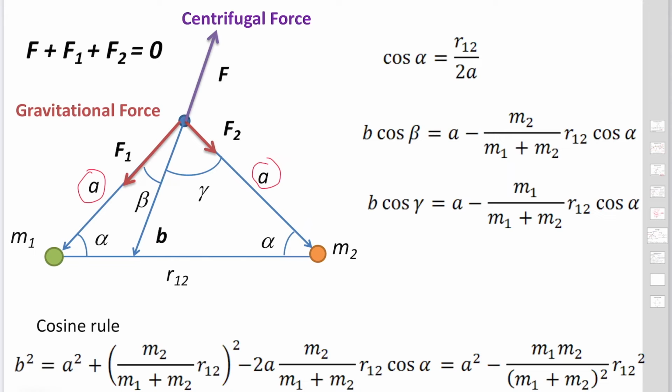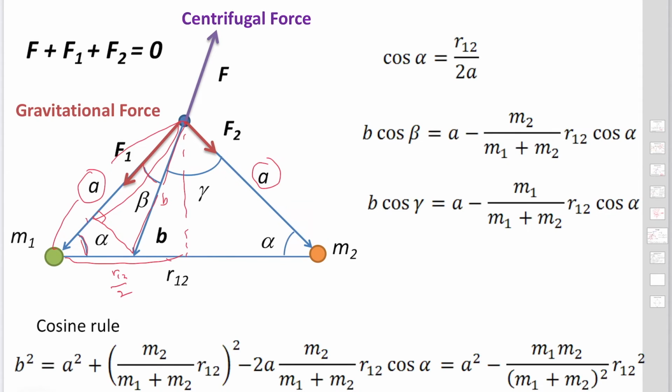If we consider cosine alpha, this is the angle alpha. Then if you consider these triangles, this is a half, so r sub 1 2 over 2. So cosine alpha is r sub 1 2 over 2a. You can easily calculate. Beta is this angle. B cosine beta, this length is B. B cosine beta, this length is A